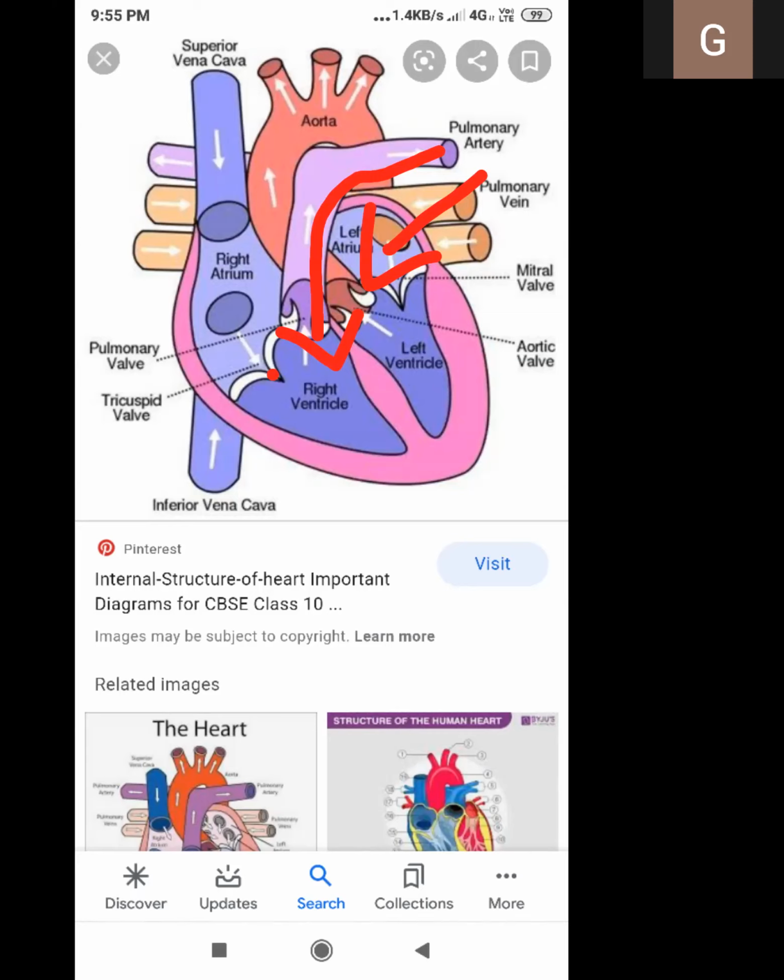Because of the presence of the mitral valve, it opens into the left ventricle. So left ventricle